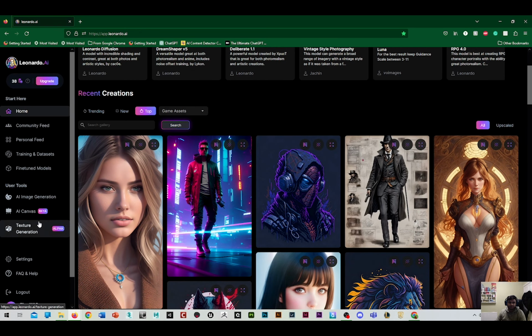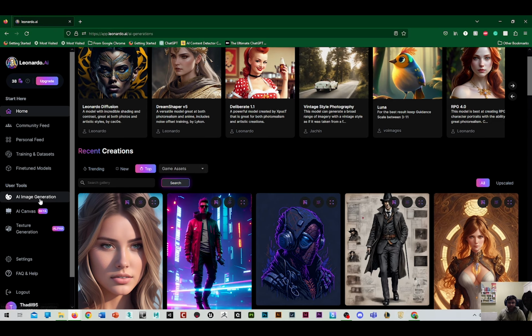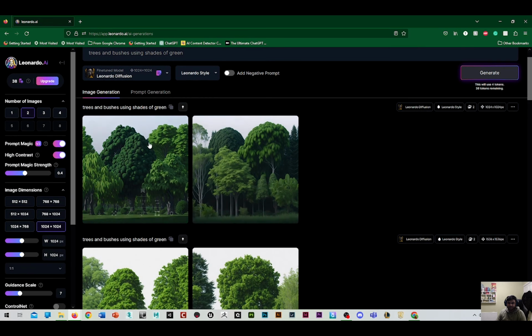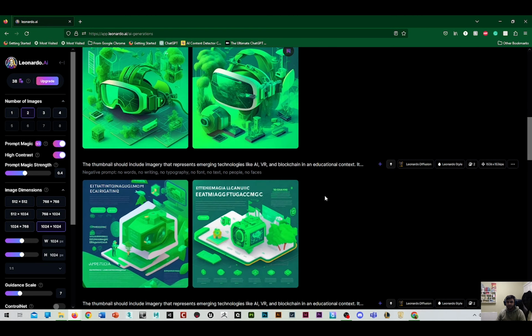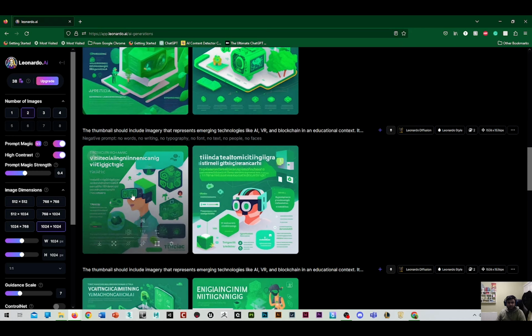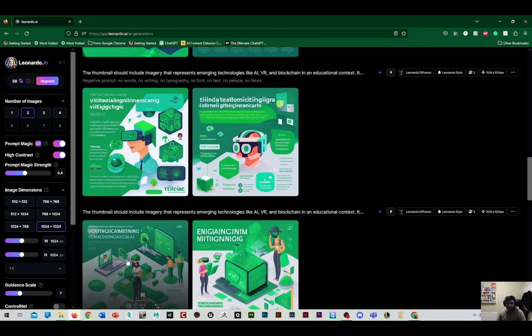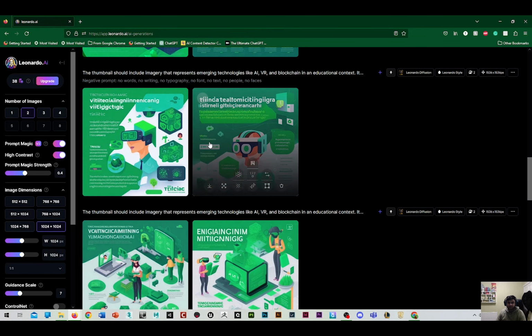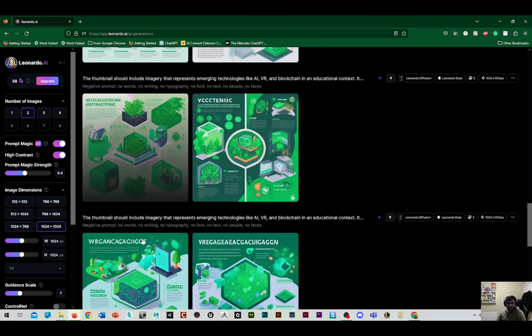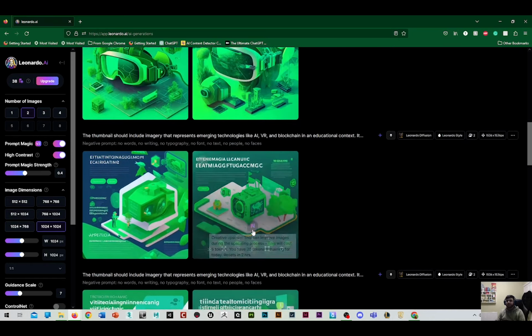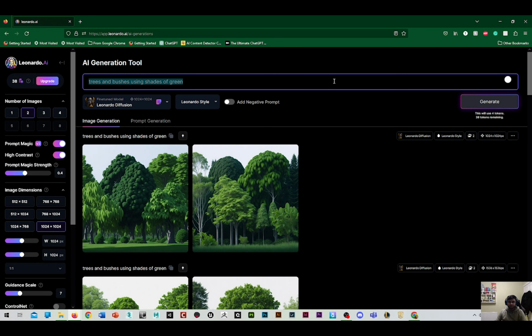So let's try one together using this one. You can see I've done some testing ones out, and these may look familiar if you recognize where these are from. One thing I've noticed it struggles with is using words. It's not a fan of words at all. So when you use it, try to avoid anything with words. So let's try